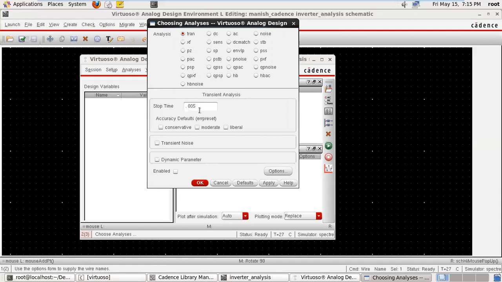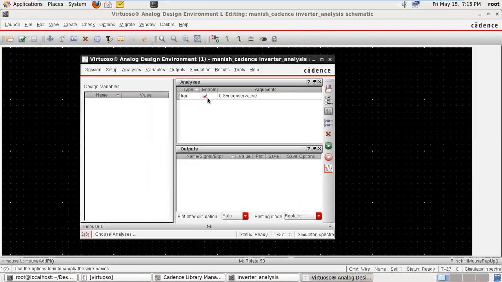Because we have taken a pulse of 1 millisecond. Here we are choosing the stop time as 5 milliseconds, meaning the output window has a total of 5 input cycles.